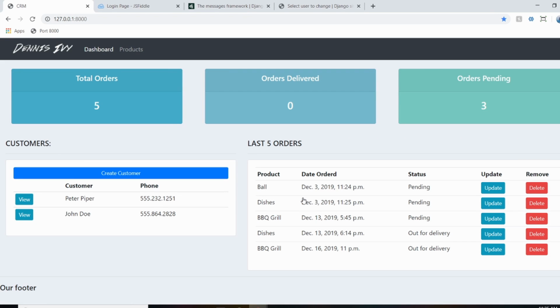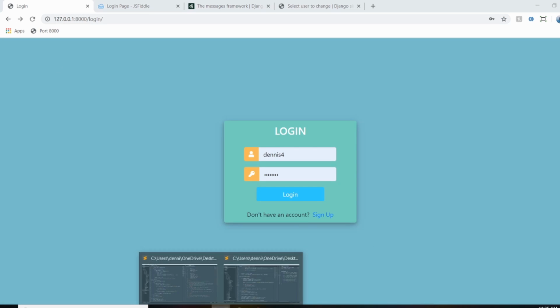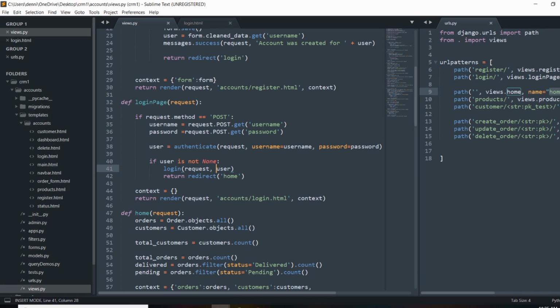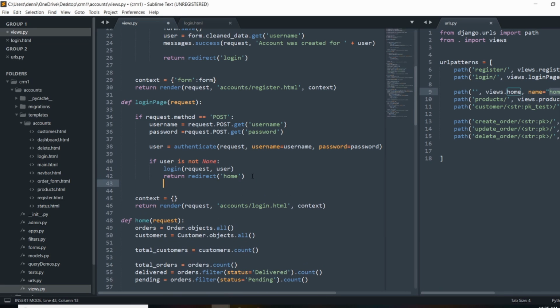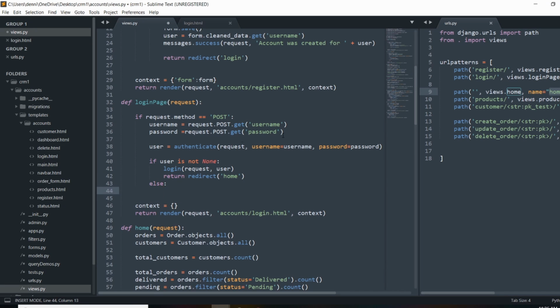So what I want to do is actually provide a logout method and then go ahead and just restrict some pages. So right now, if the user is logged out, we'll still be able to access this page. So let's actually add a little bit more functionality here. So what we want to do is actually first check if the user is not none. So let's say we input the information wrong here. So we'll say else. And what we want to do is actually send in a flash message. So we want to say messages, and that's going to be the info message. And we'll throw in the request, and we'll just say username